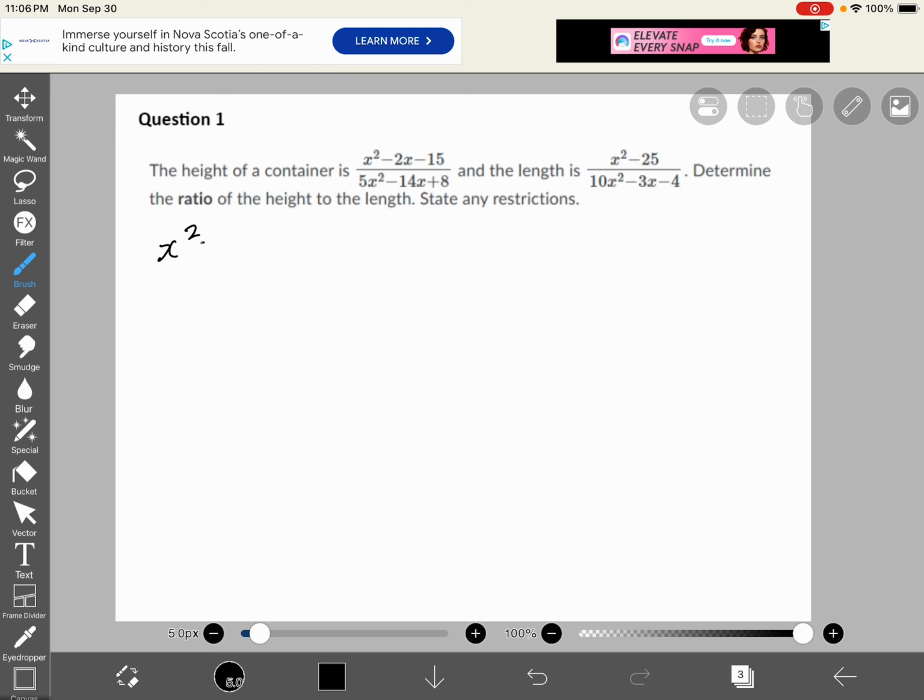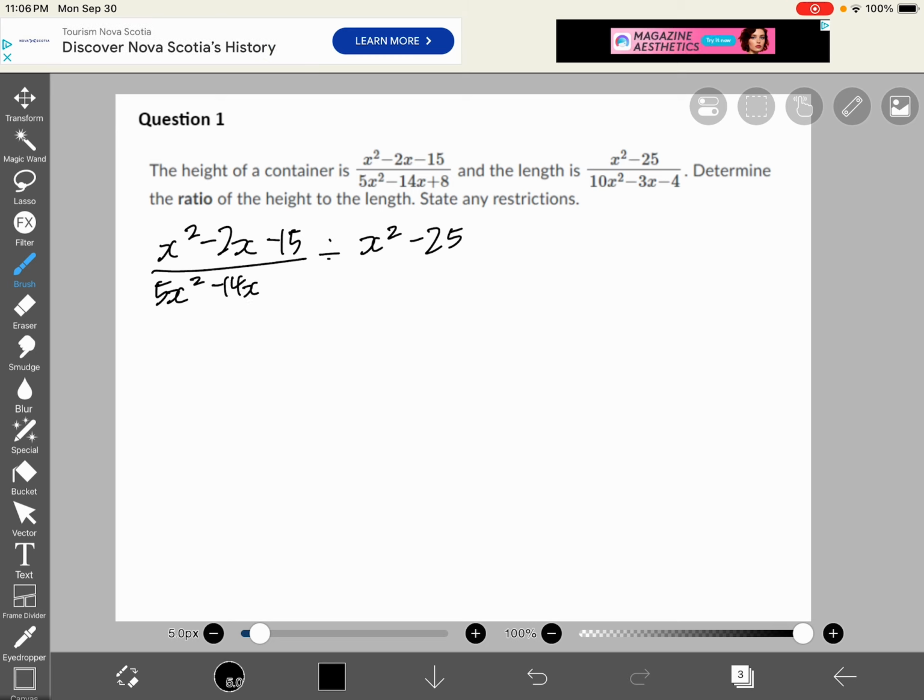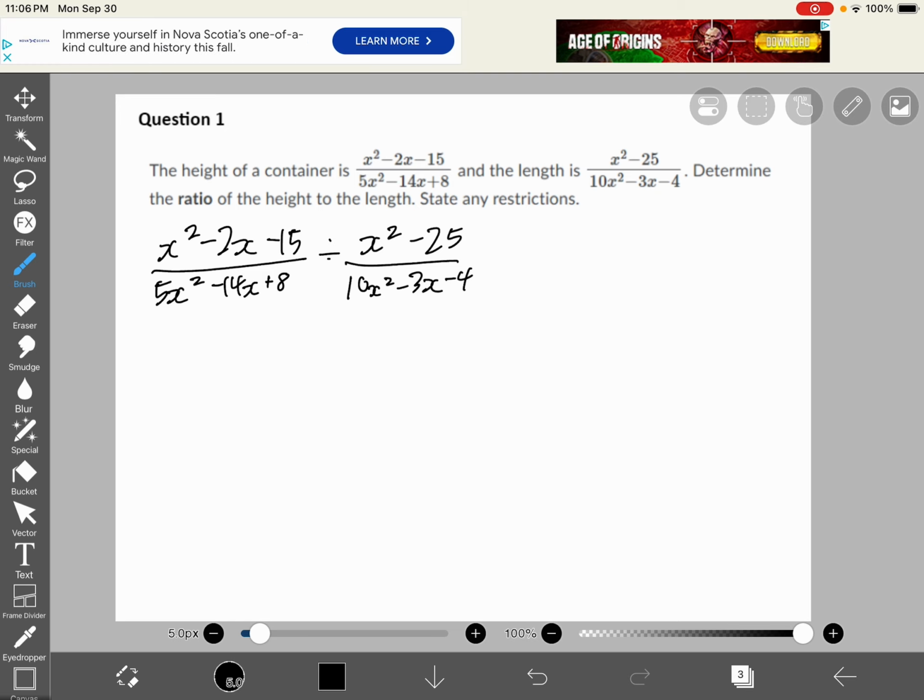like this. Divide. So here we divide the two expressions that they gave us because we want to find out the ratio of the height to the length. And then